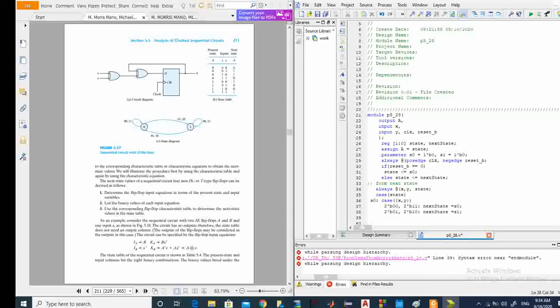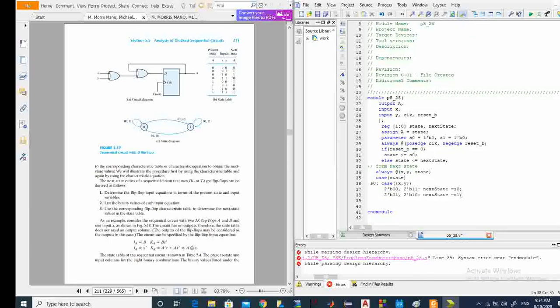It's S1. Okay, now this is the case for S0. Now let's go to S1. If we have S1 as the next case, then after doing this, we have to end the case